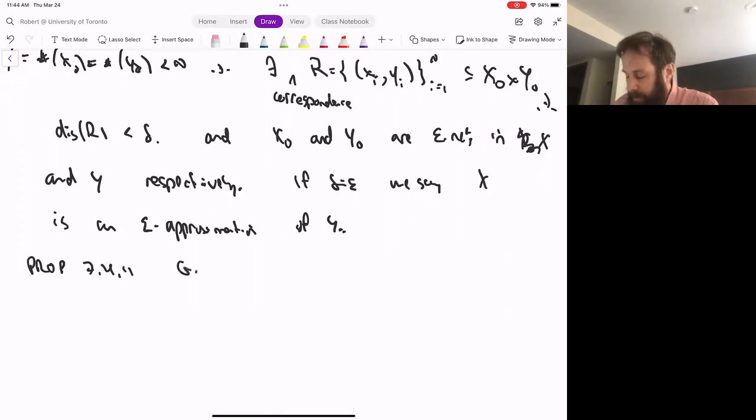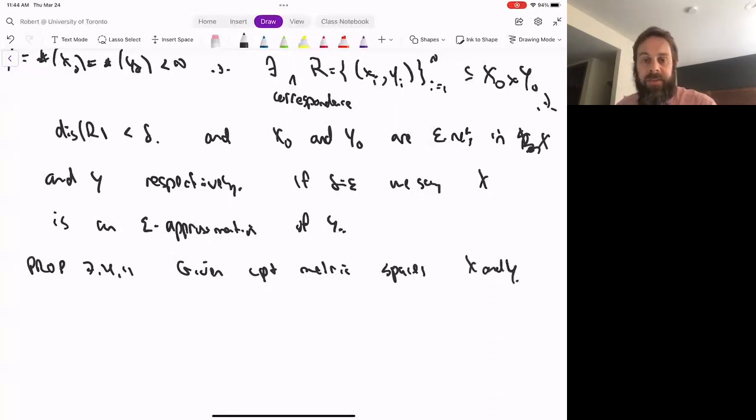So given compact metric spaces X and Y, basically the existence of one delta approximating the other: the better they epsilon delta approximate each other, the closer they are in Hausdorff distance, and vice versa. So if Y epsilon delta approximates X,